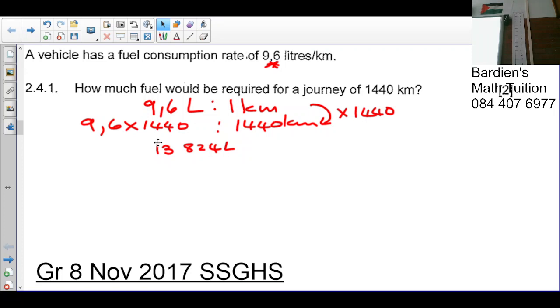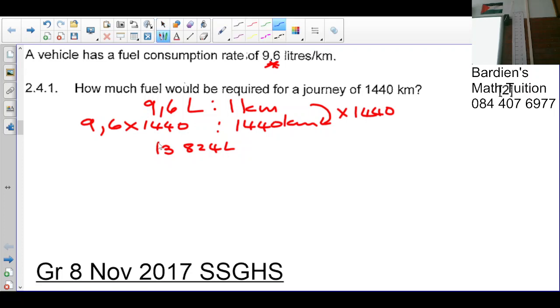Liters per kilometer. And how many liters did I get? You see,